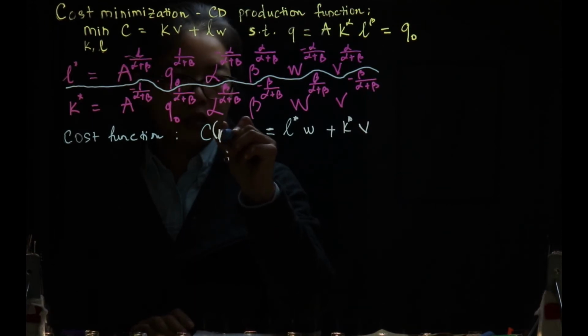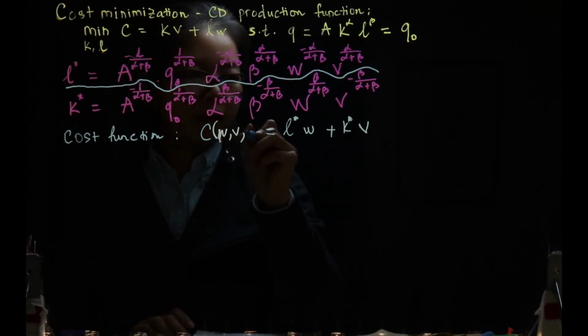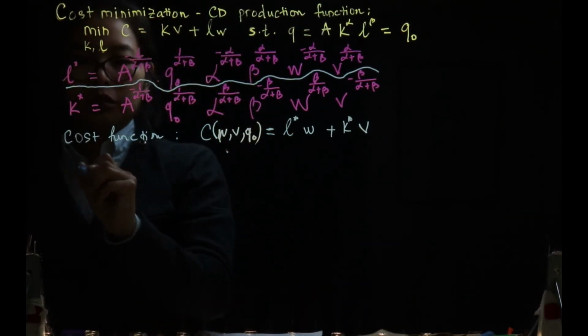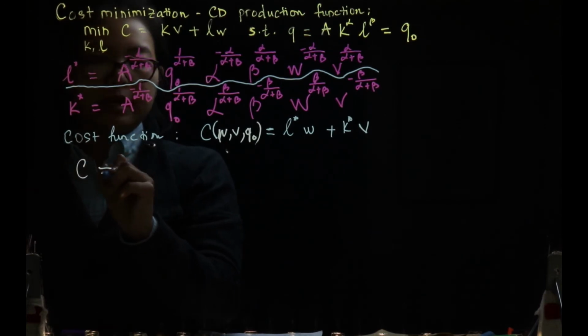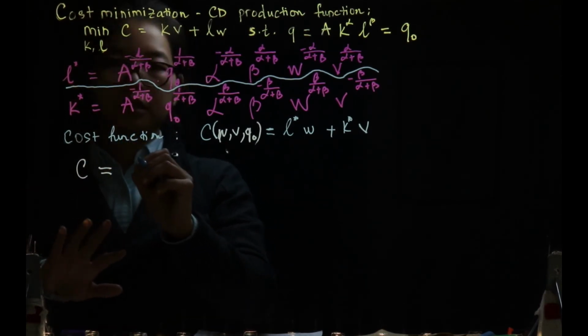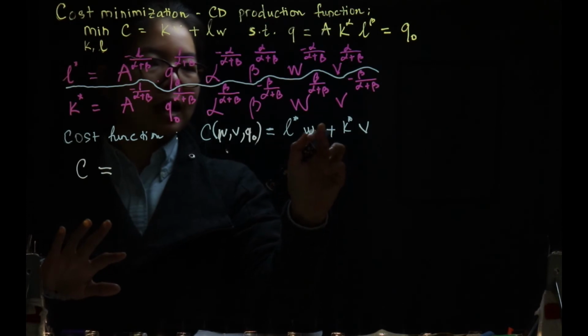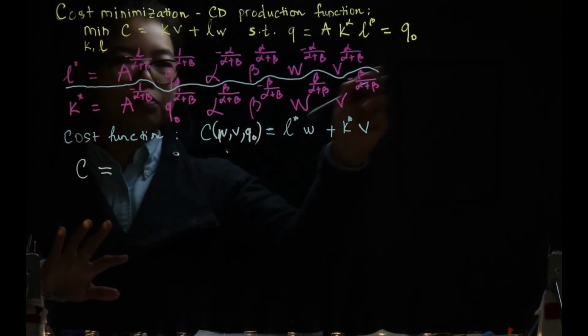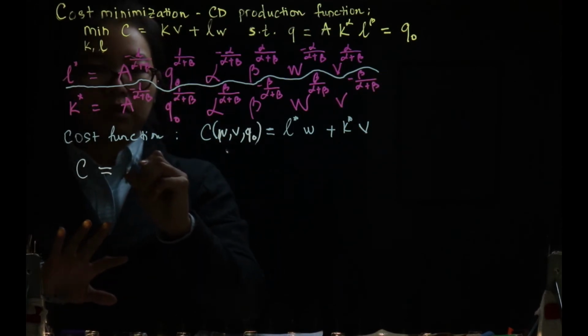So that is W, V, and Q0. Alright, let's do it. So here we would have C equals W times this, right? You only times W to the L star, so we will write everything else, L will remain the same because